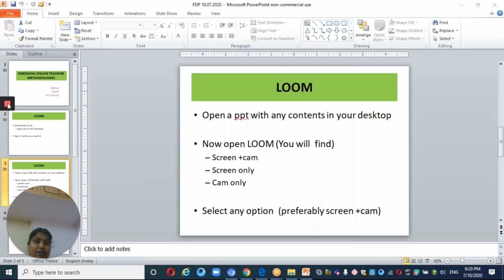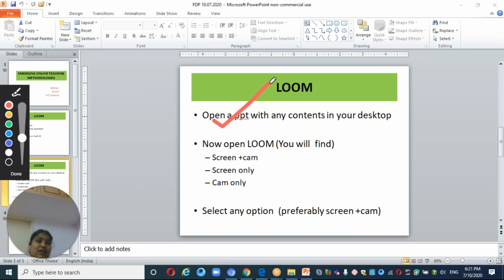At the left hand side window, you can find a red symbol, where after finishing a recording, you can click that. So your recording is closed. And at the bottom, you can find a pen symbol, which indicates that when I want to mark something in the PPT which is being displayed, I can give it as a tick mark. In Loom, I can find whichever symbol you want. I can give it as a tick symbol. You can have a pen symbol, which is indicated below the recording symbol. Choose the color whichever you want, and tick the option.